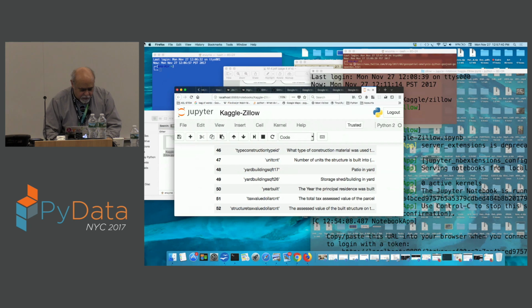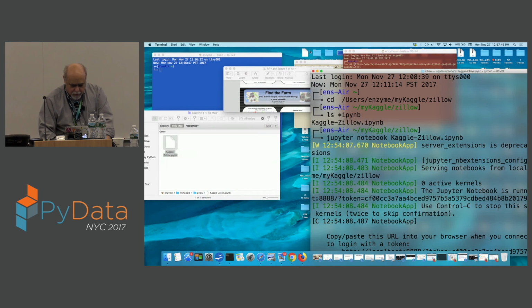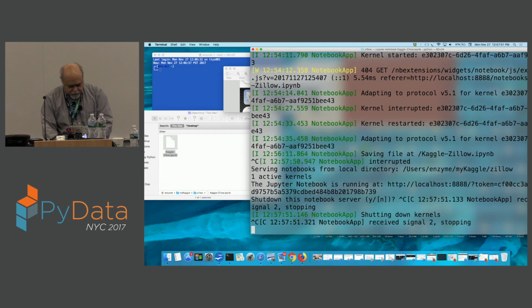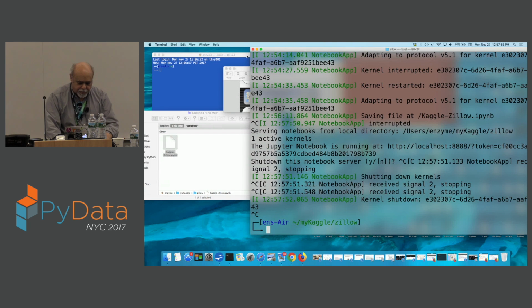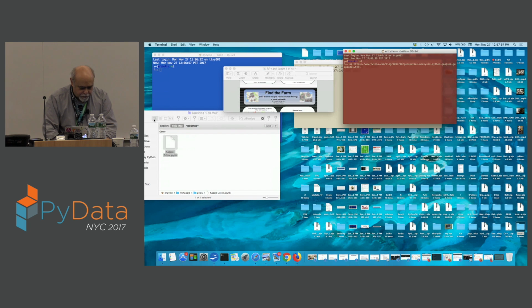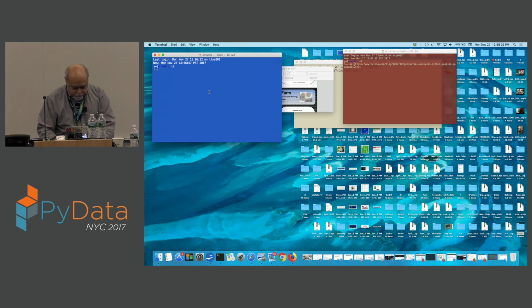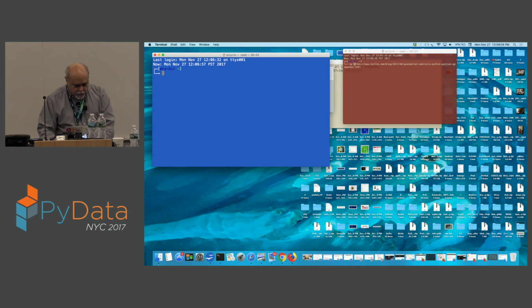Okay, we'll move that aside. Actually, I'm just going to kill this window. Jupyter sometimes, I'm just going to shut down the kernels there so that it's not taking up too much resource. Okay. So I'm going to have 2 notebooks going.